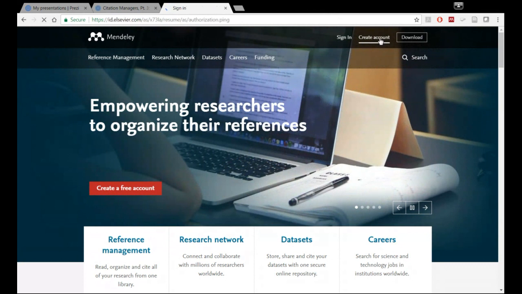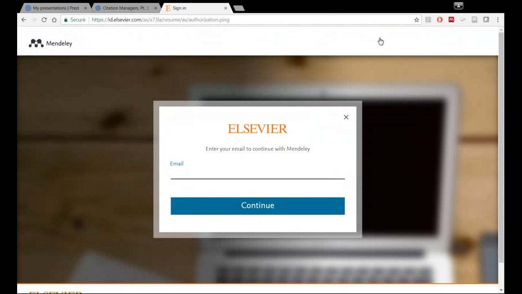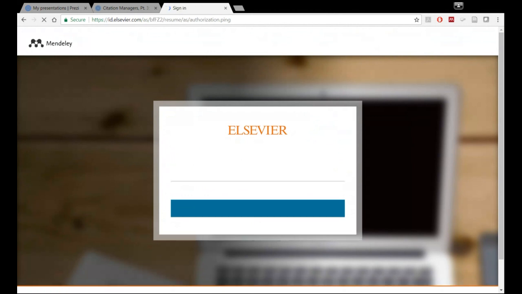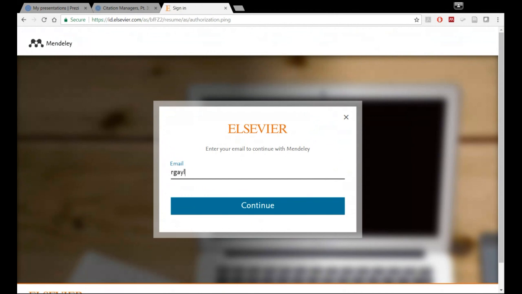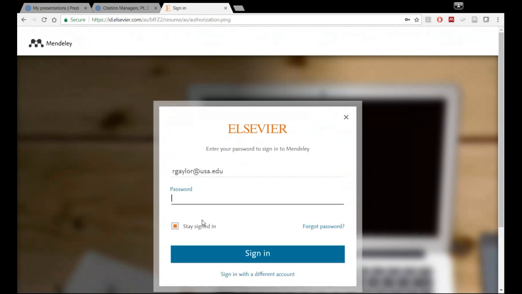So when that comes up, it'll prompt you to enter your email address, hit continue, and create a password. I'm going to log into my account really quick and show you what it looks like after it's created, which, like I said, really takes just a few seconds to sign up for. So what it's going to look like. So it's going to open up